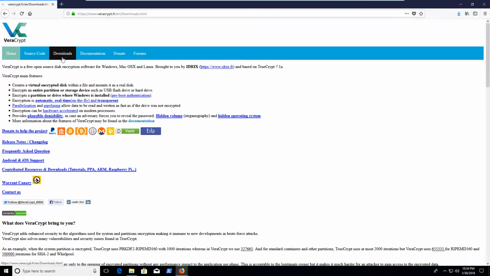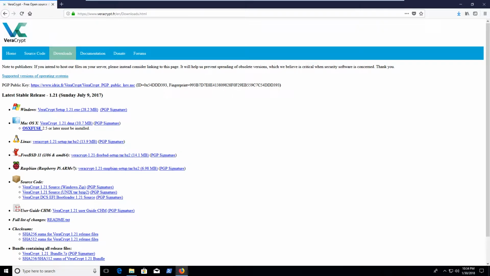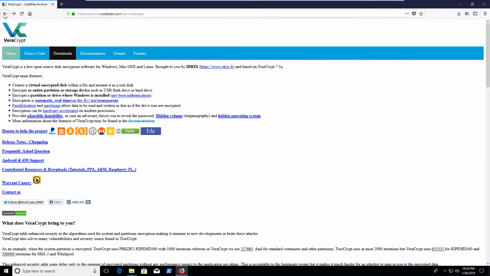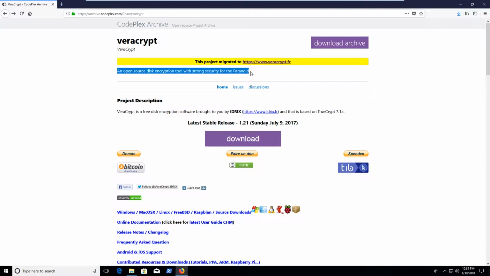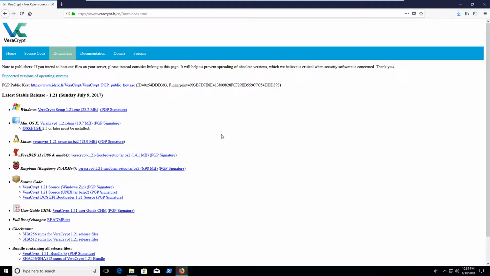But anyways, we're going to go over to downloads, and you'll notice that this is open source. Probably one of my favorite parts about this, if you look right here, it's an open source disk encryption tool with strong security for the paranoid. So this is good stuff. You can see that it's available for pretty much every major operating system out there, including Raspberry Pi, if you really want to put this on your Raspberry Pi. So that's honestly pretty neat, but I'm in Windows right now, so we're going to go ahead and download